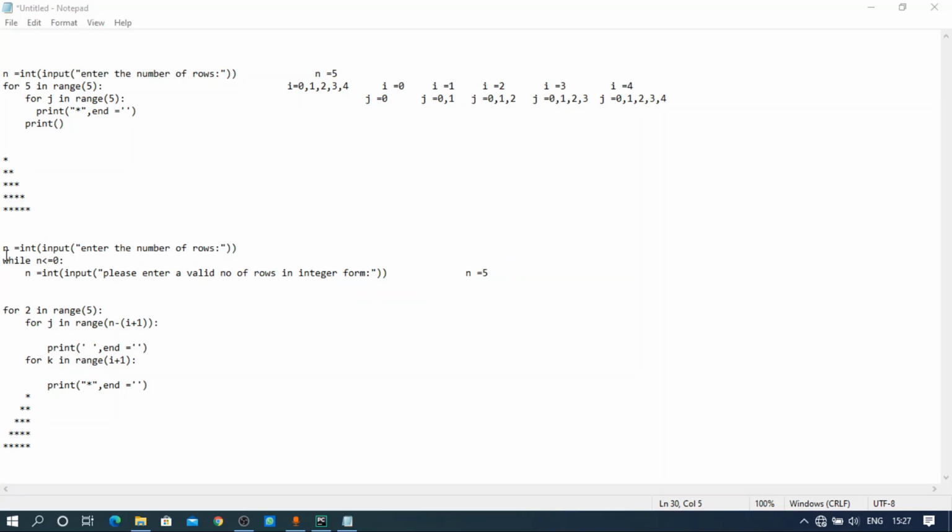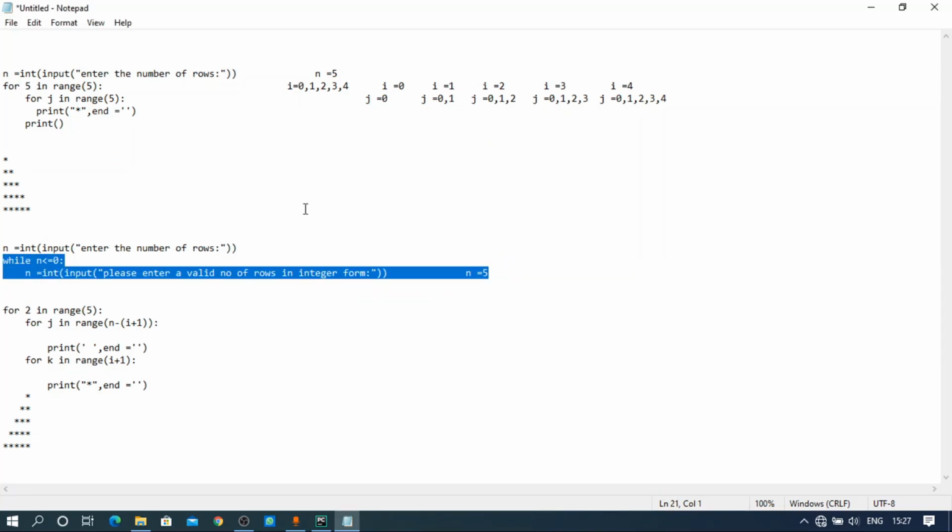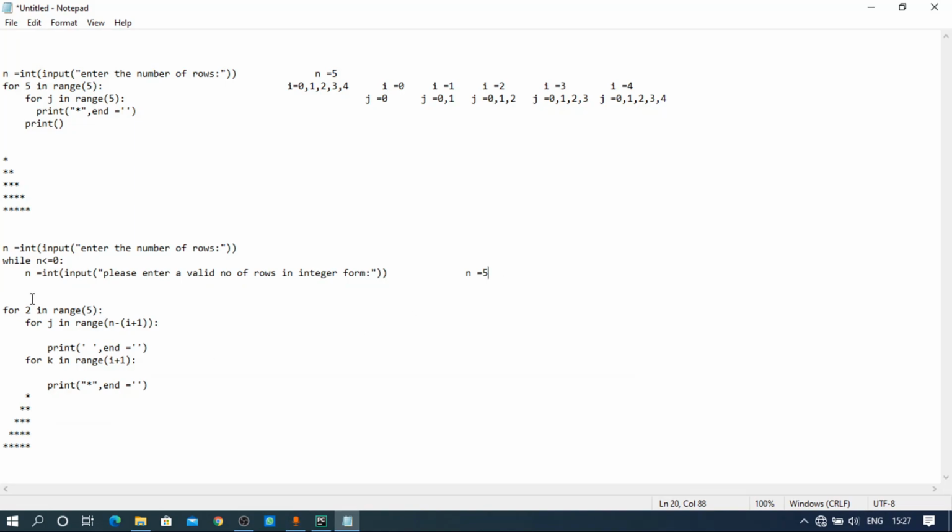Let's see this code. We know the first 3 lines take the input. Let's take the input n as 5, so here it's i in range of 5. i will start at 0 and end at 4. For j in range of n minus (i plus 1). First we have to know the logic.